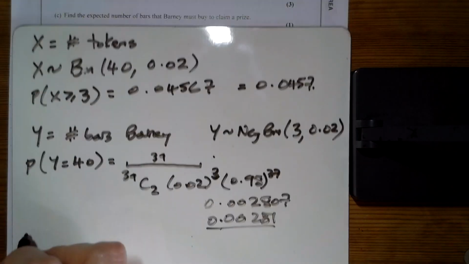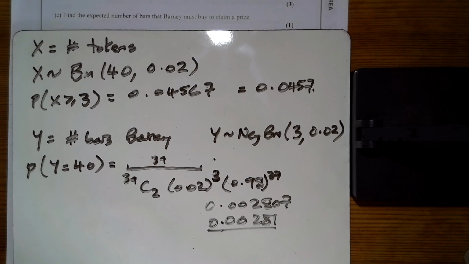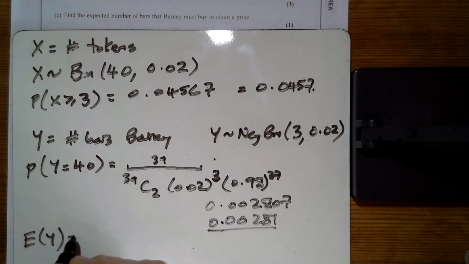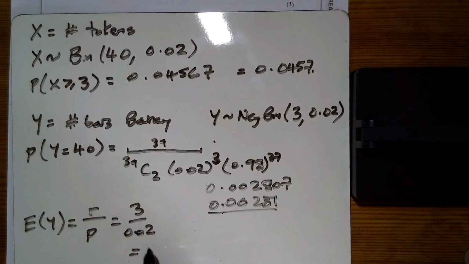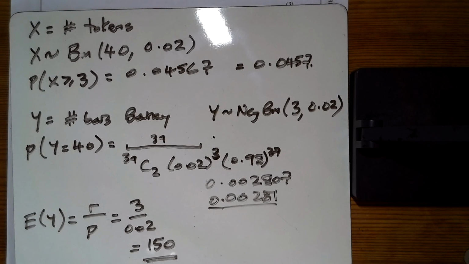And the last bit of this one here, it said to find the expected number. So there's a formula for the expected number. The expected number is r over p. r here is 3, we want to get 3 of them. p here is 0.02, so he'd expect to buy 150 of them. It's quite a lot, but then the chance of getting a special token was only 2%, so it is quite low, does make sense there. So question 1,